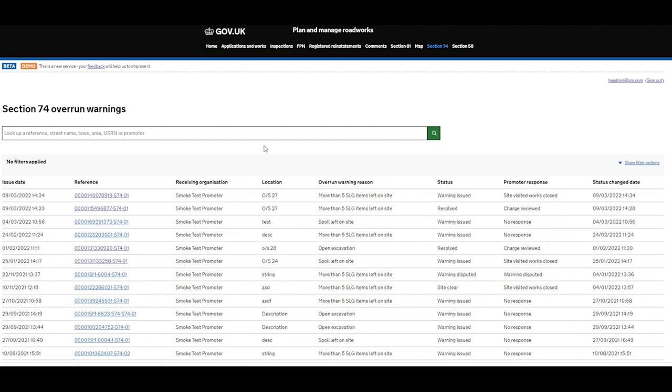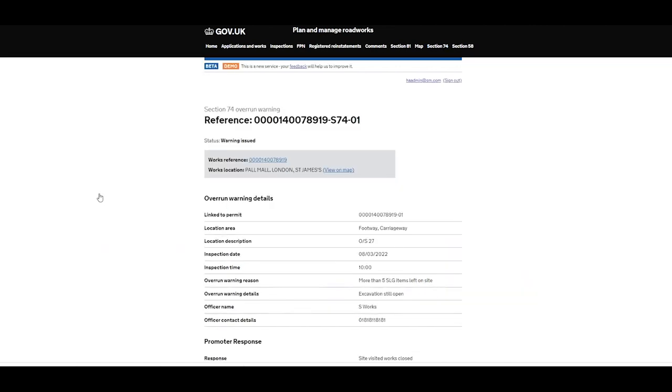So if that consultation, the overrun part, is a goer, then from 2023 it would be a legal requirement. So not as from the 1st of April 2022, no, not a legal requirement, but I would expect,